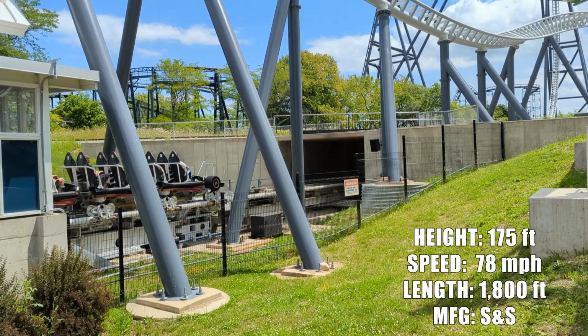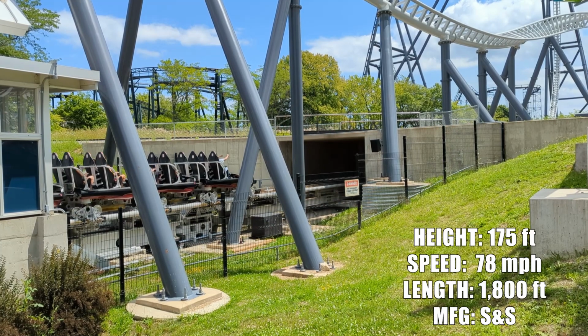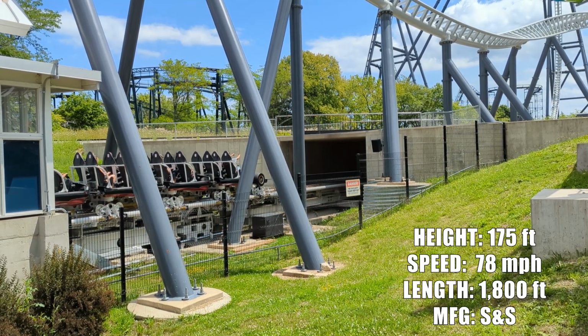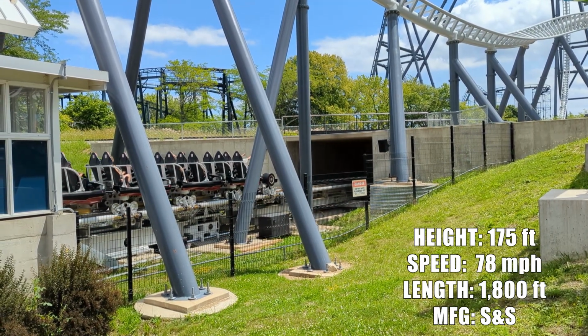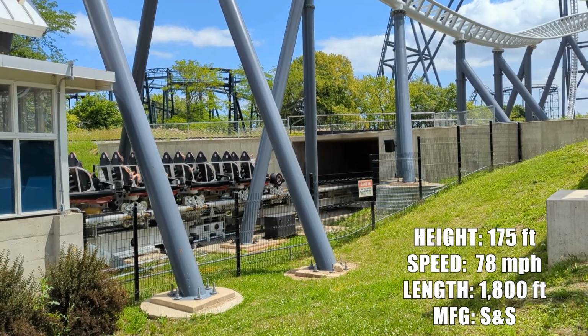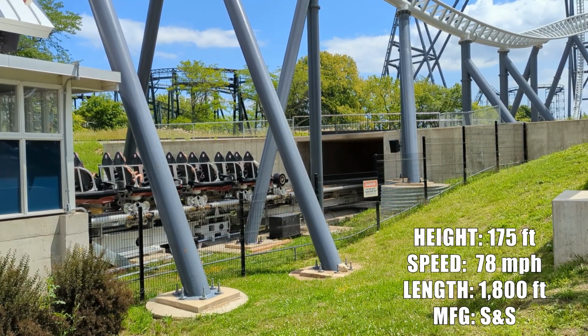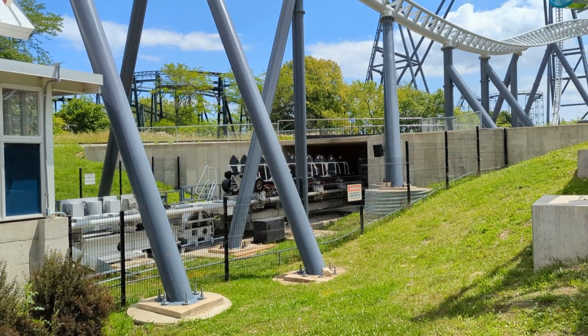Max Force is the park's S&S launched roller coaster. This coaster launches you from 0 to 78 miles per hour via the fastest acceleration in North America, so that launch is very quick. It gets you up to speed very fast, which means it's not a long launch like something like Top Thrill Dragster number 2 or King to Cop, but it will get you up to speed real fast. Look at that thing